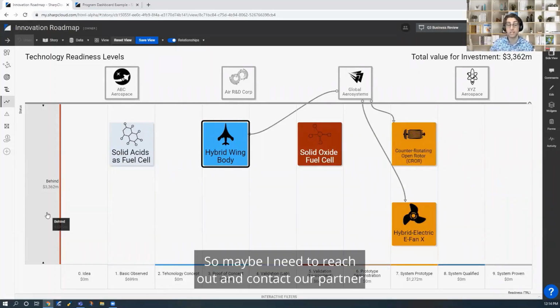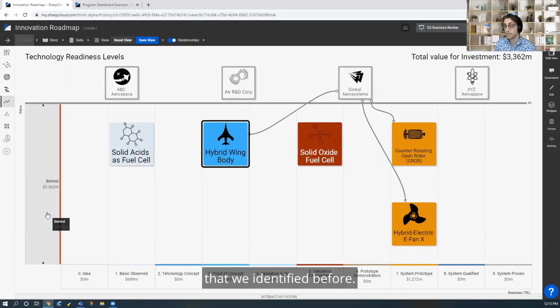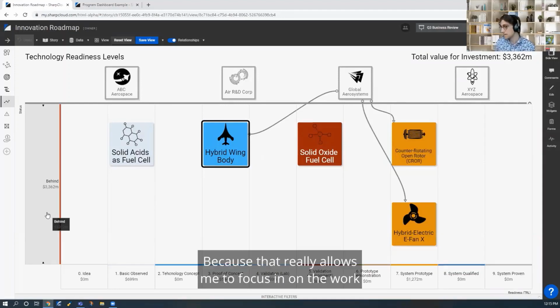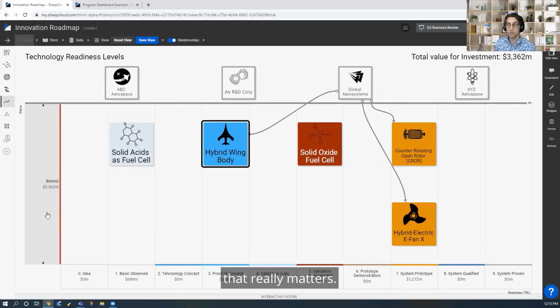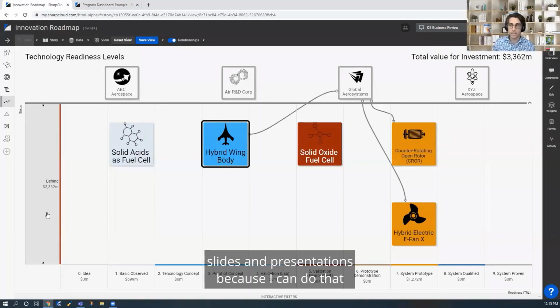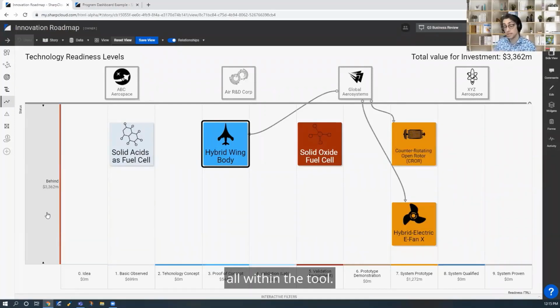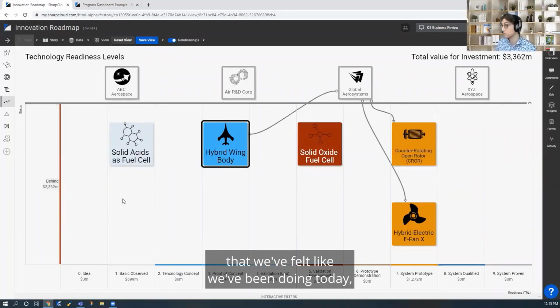So maybe I need to reach out and contact our partner and see if we can reprioritize some of these technologies, not only to get them back on schedule, but to enable us to execute on that strategy that we identified before. Because that really allows me to focus in on the work that really matters. If I'm presenting to this partner, I don't have to create tons of different slides and presentations, because I can do that all within the tool, either jumping between the views like we've been doing today,